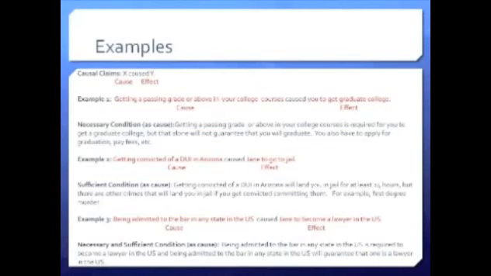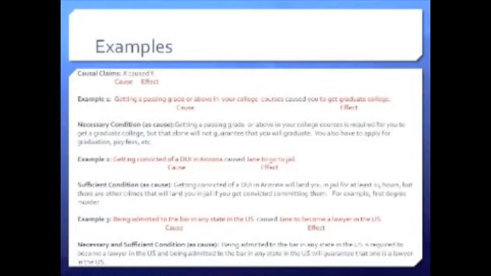Arizona has a zero-tolerance DUI law where everyone convicted for DUI will spend at least 24 hours in jail. However, being convicted of DUI in Arizona is not the only crime that will land Jane in jail. There are many other crimes that Jane will go to jail for if she were to be convicted of committing them. For example, first-degree murder. So being convicted of a DUI in Arizona is a sufficient condition to land Jane in jail, but it is